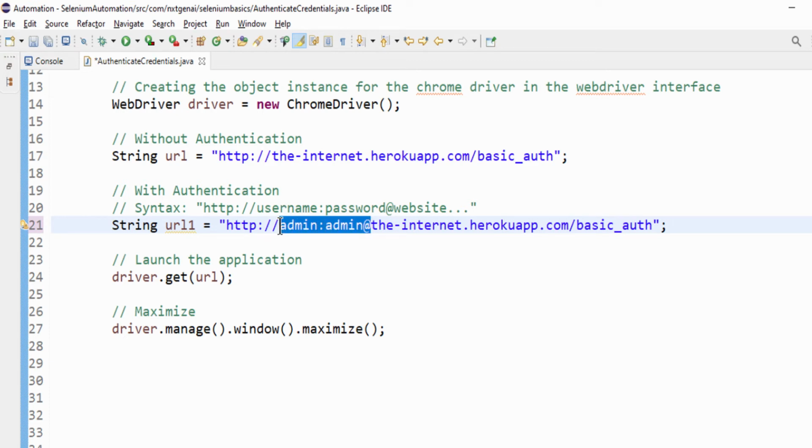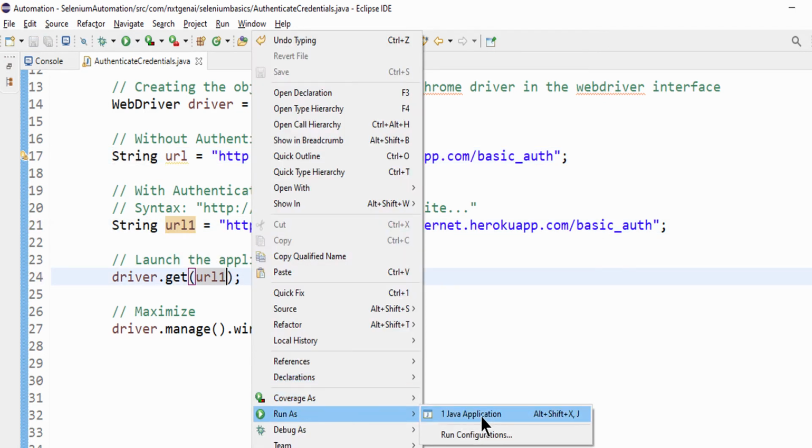If you mention it like this and execute this test case, it will work perfectly. So based on your project, you have to mention the username and password, at followed by the URL. Let me pass URL 1 and execute the same scenario.